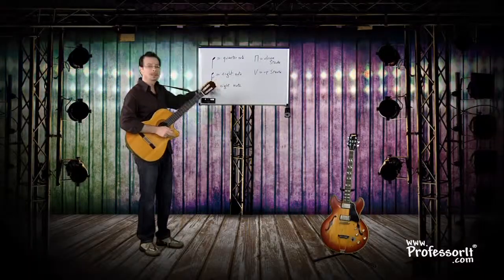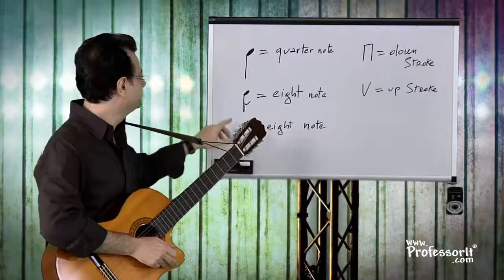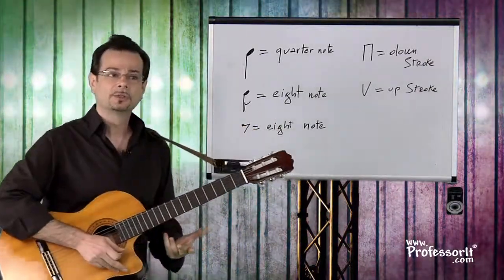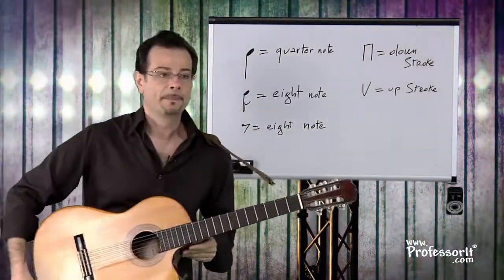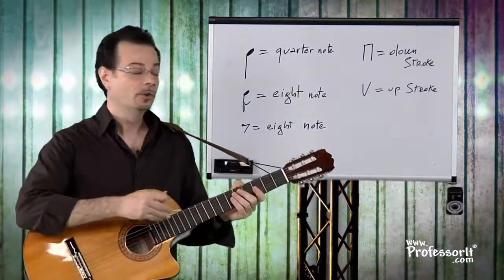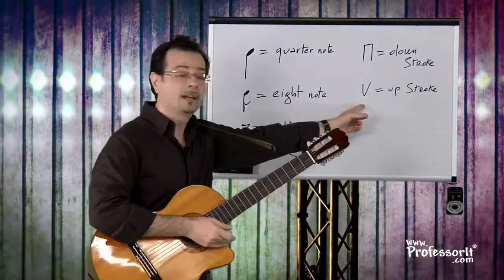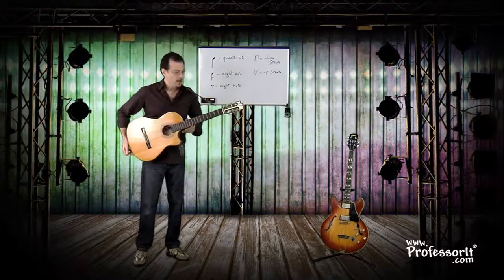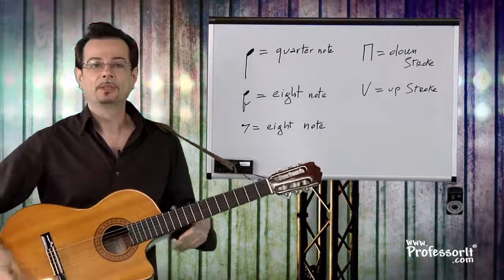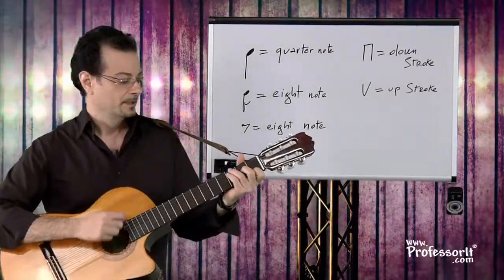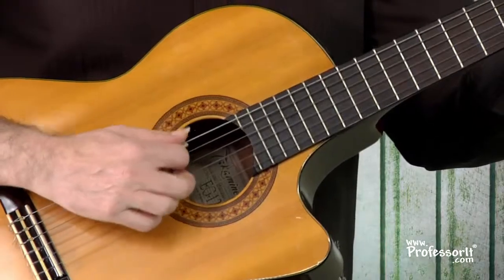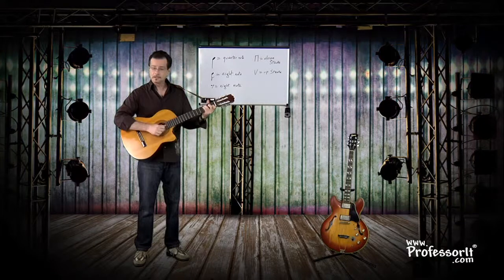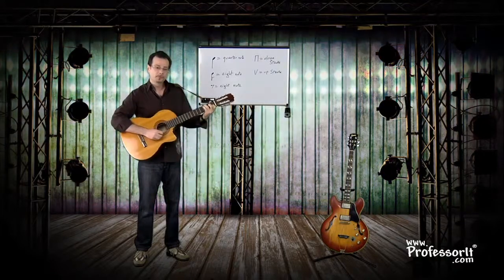Now, if we cut a quarter note in half, we're gonna get 2 eighth notes. An eighth note is actually played either with a downstroke or with an upstroke. And this is the sign for the upstroke, a V-looking sign. So now, when you count the beat, you have to think this way. My hand is going down, I'm playing a downstroke. Now, I need to bring my hand up again in order to play another downstroke. When you do that motion of bringing your hand up,